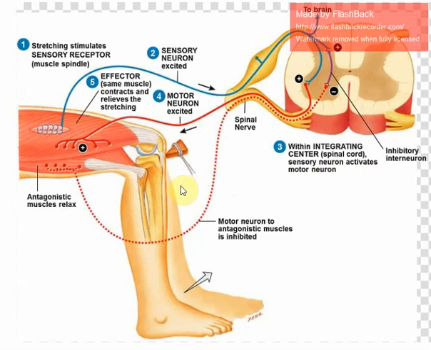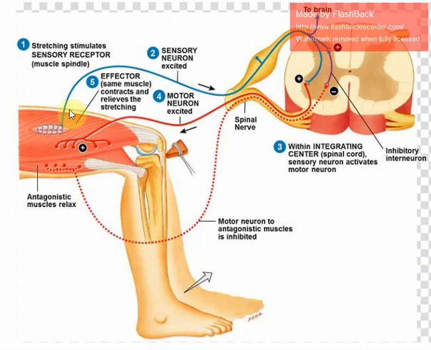So how does the stretch reflex work? Here in the muscle you can see this is the stretch receptor, which is known as the muscle spindle, which is a sensory receptor that detects any kind of stretching in a muscle. So when the reflex hammer is tapped to the patellar tendon, it creates a stretching in the muscle that will stimulate the muscle, which will create a nerve impulse, and if the stretch is strong enough, then the